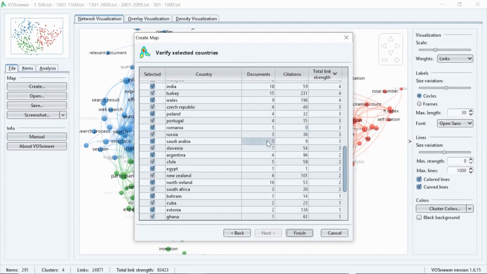But when you see Saudi Arabia, they have also published only 1 publication, but they have received 9 citations. But Romania, they have published 1 publication, they didn't receive any citation. That is the only country with 0 citations. If you want a better understanding and if you want to enrich your article, you just read that 1 publication and see on what topic it focuses and why they didn't publish actually.